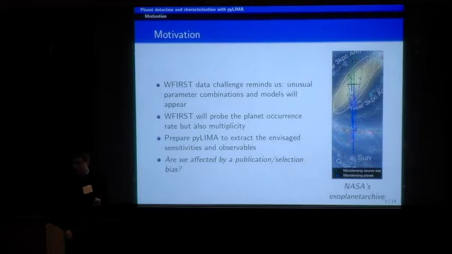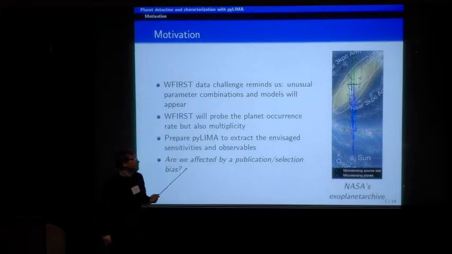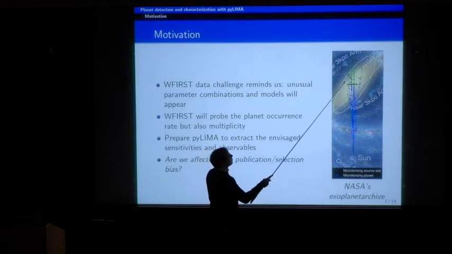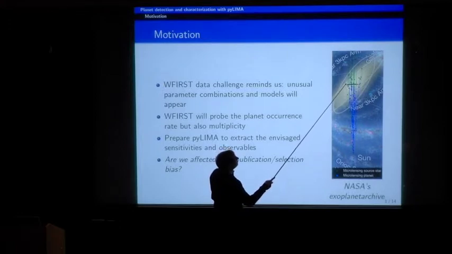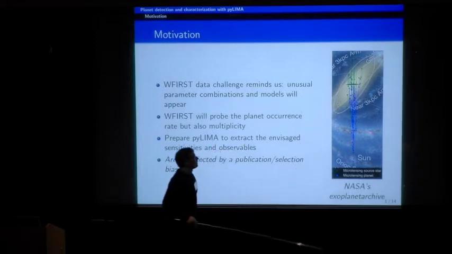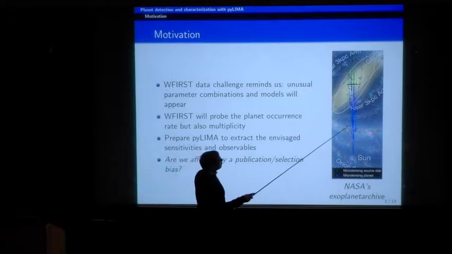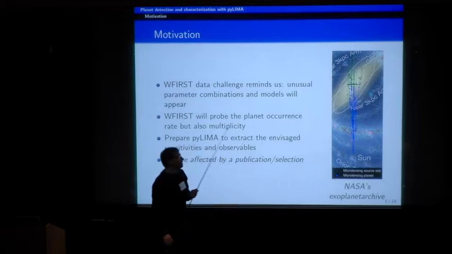Before I come to that, I just ask the more, well, rhetorical question of whether we are affected by a publication or a selection bias, and that is clearly the case. And this is also something that W1st will greatly help us with. So if you have a look at the position of microlensing source and lens stars, and take that from NASA's Exoplanet Archive, we see that most of the sources are still reported and assumed to be at 8 kiloparsecs, while there seems to be an overabundance of closer planets.